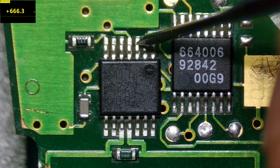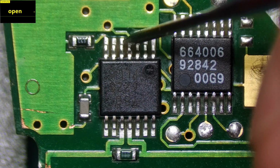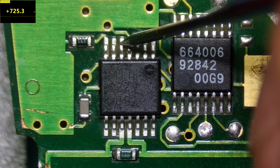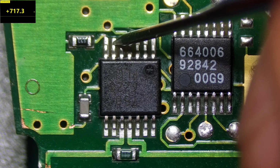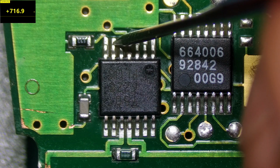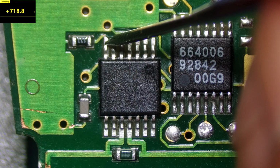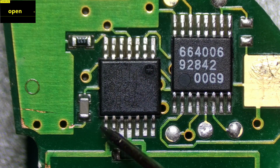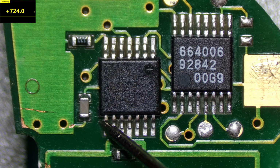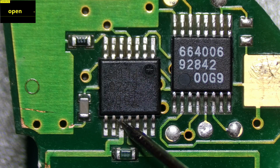Pin 3, 666. Pin 4 is ground. Pin 5 is 725. Pin 6, 1, 2, 3, 4, 5, 6. Pin 6, 716 ohms. Pin 7 is 719 ohms. Okay. Pin 8 is on the bottom here, and that's 724 ohms. Pin 9 is 544 ohms. Pin 10